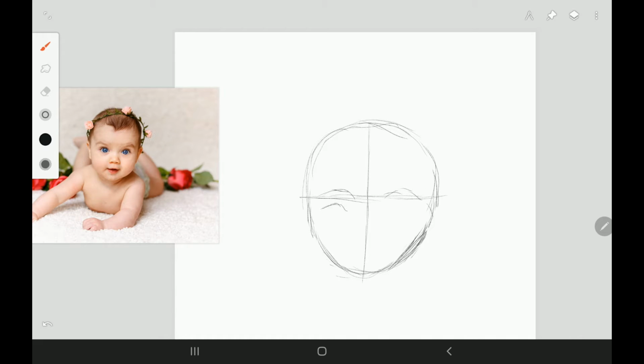So again, as we learned in the previous video, the eyebrows are going to be halfway across the face, and then the eyes will actually be below the halfway line, but the nose will still be approximately a 1/2 of a 1/2, and the mouth will be 1/2 of the line that goes through the nose. And that, of course, will show that the baby has just a very small chin. So once you kind of get those proportions,